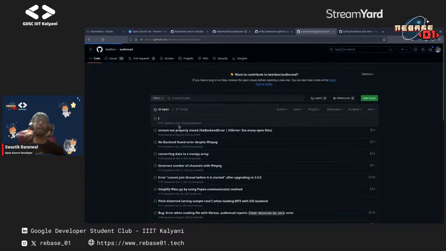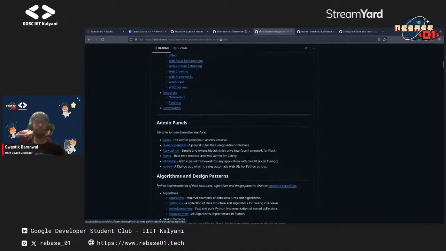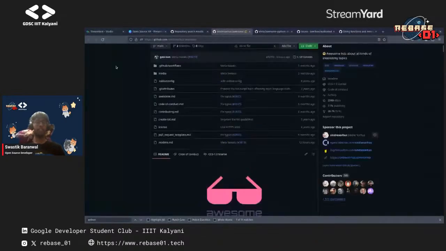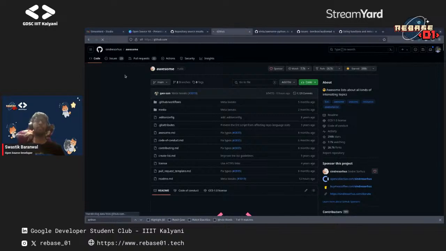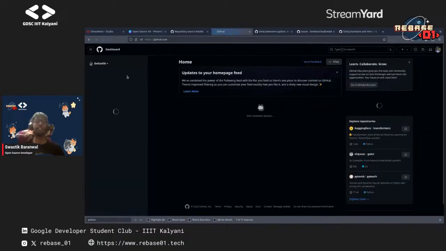Then I will make an issue asking, if I want to put this project in Go, will you be fine with it? You can make an issue like this. Then you will be able to get help and guidance from them, and you will become familiar with the Python programming language from which the project has been ported, and also the Go programming language you want to learn. And I will show you a live example of how I achieved it.